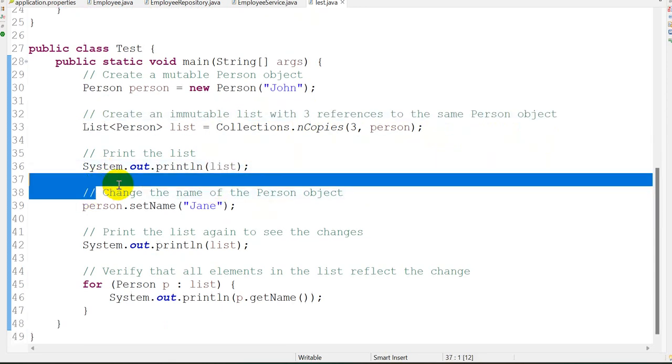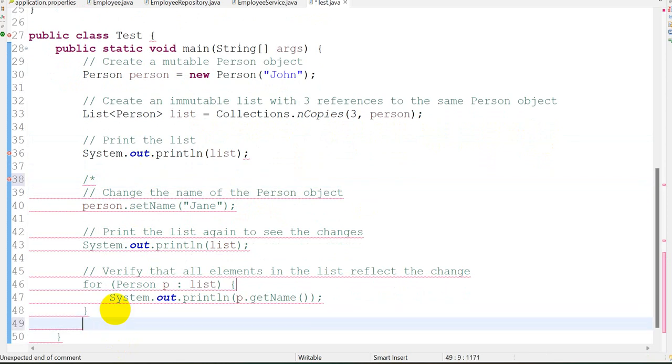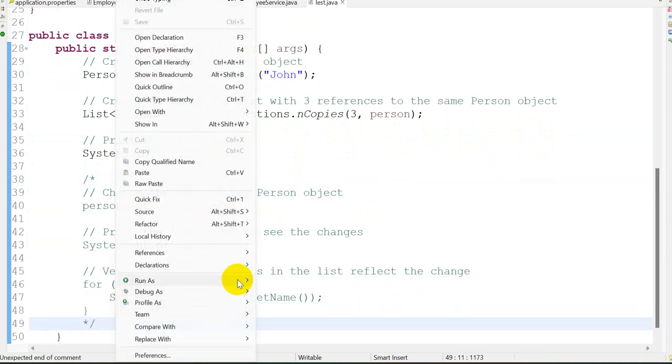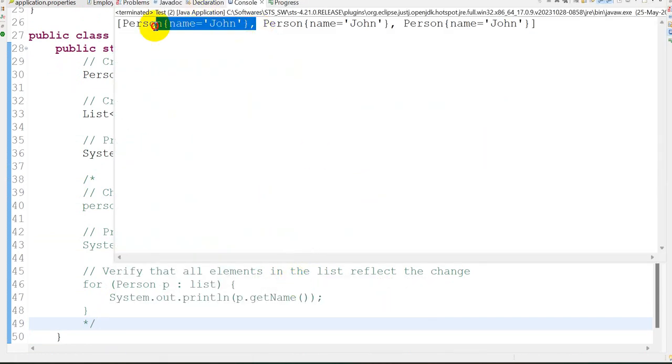Let me uncomment the below part, then comment out this. So right click on this, run as Java application. So Person John,